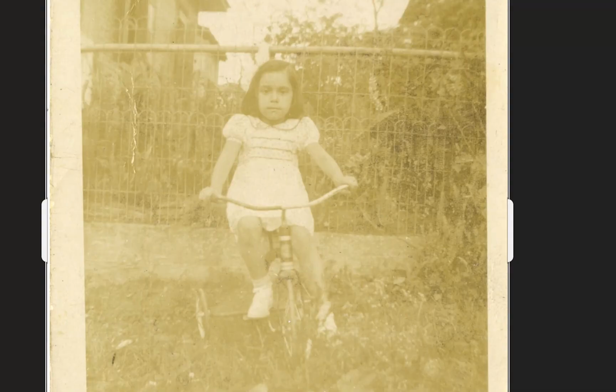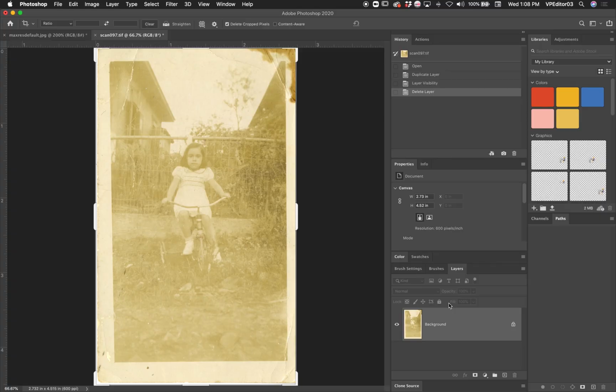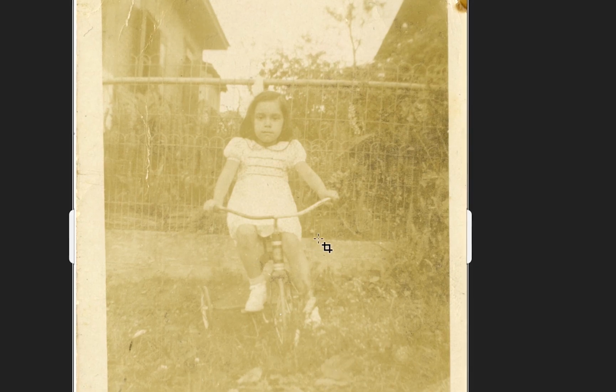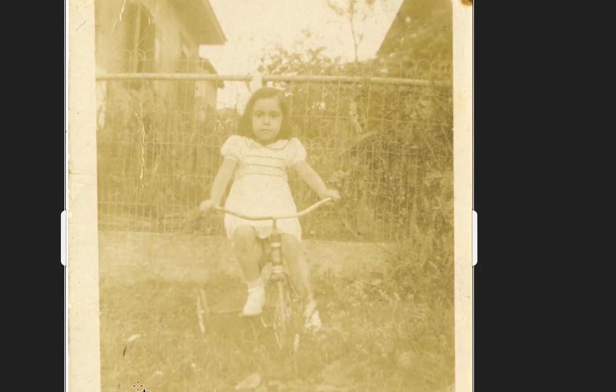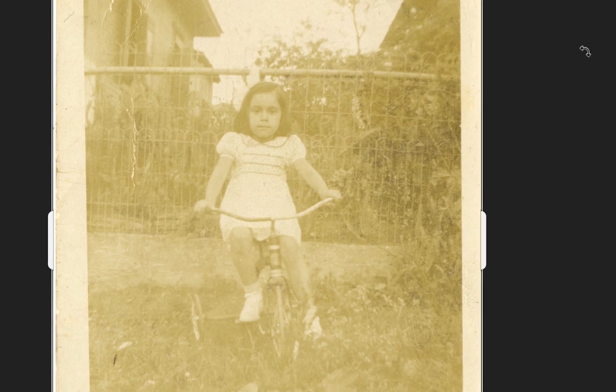So in this lesson, we're going to talk about making tonal adjustments to an image using levels. Now, when I say tonal adjustments, what's important here is I'm talking about values. I'm not talking about color adjustment. So in this photo, there are a lot of things that we need to correct, but before we do any